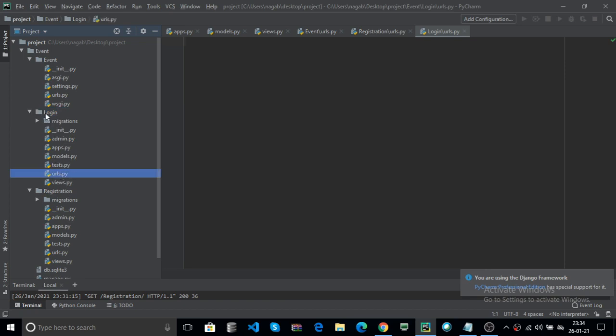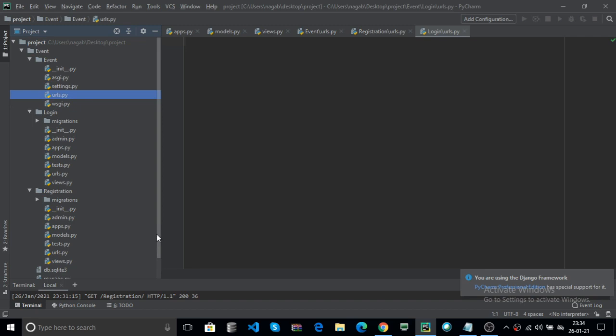For example, if login contains 50 URLs, all 50 are placed into its urls.py, so that urls.py handles only the login app. Then you can finally add the login app into the main URLs.